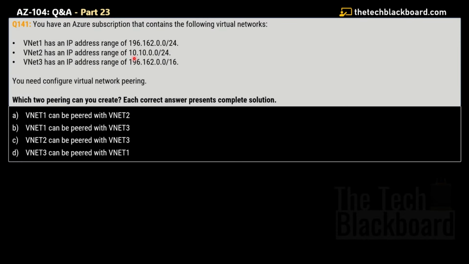Question number 141, part 23. The question says that you have an Azure subscription that contains the following virtual networks. We are given three virtual networks, VNet 1, VNet 2 and VNet 3, and all of them have some IP address range. Let's read them out. VNet 1 has an IP address range of 196.162.0.0/24. VNet 2 has an IP address range of 10.10.0.0/24. Then we have VNet 3, which has the IP address range of